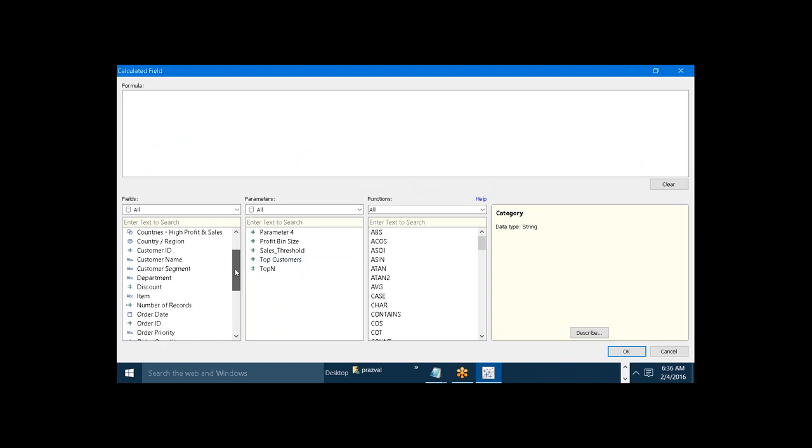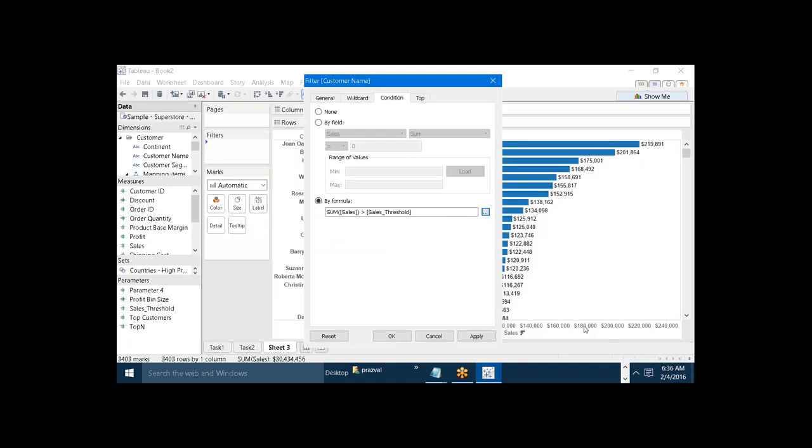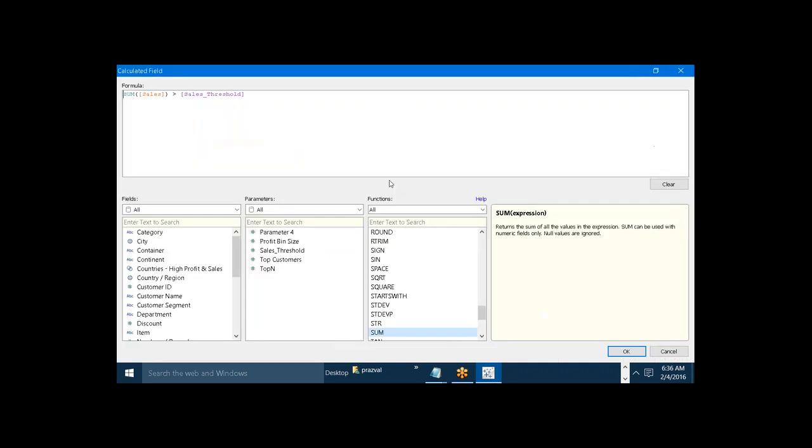So the formula is, we have to take sales. So we have to take sum of sales. Sum of sales should be greater than the parameter. The parameter is sales threshold. So just hit OK. So now what I'm taking here is my sales value should be more than